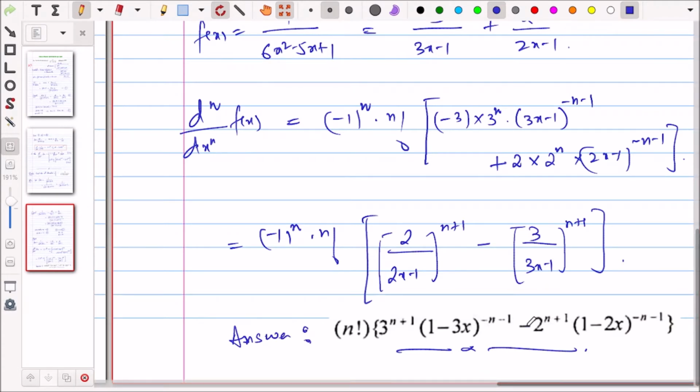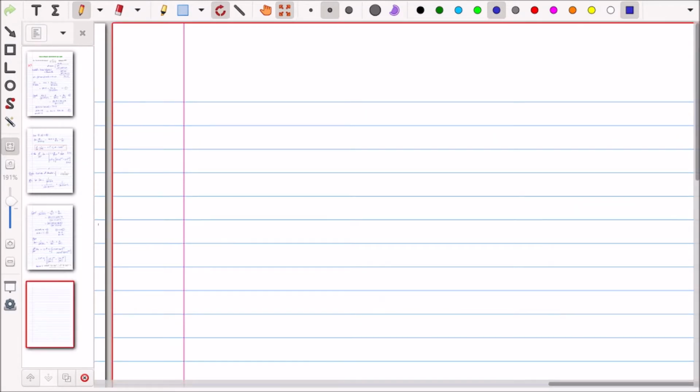There is no change in this, because when you take minus 1 to the power n plus 1 common, it will get absorbed with this. So you will get the same form, this form you can get easily. Okay. Is it fine? Yes, sir.